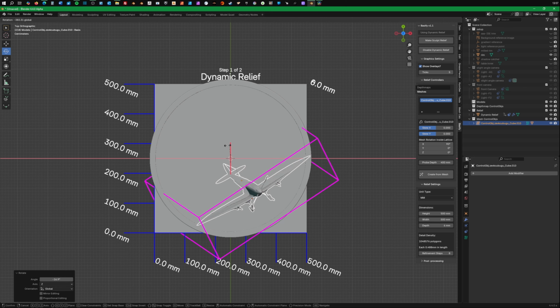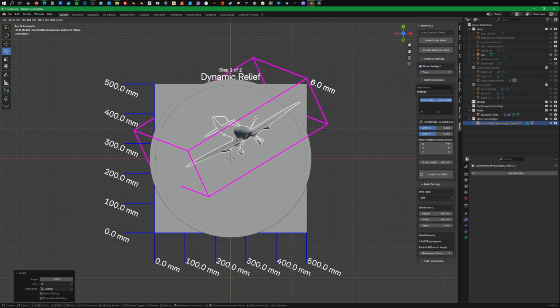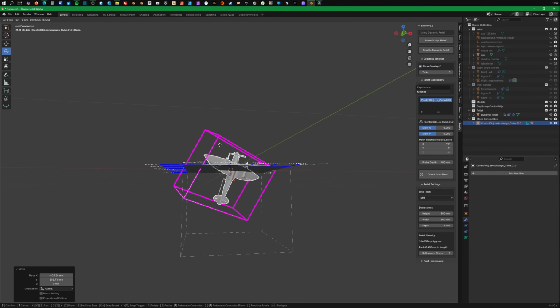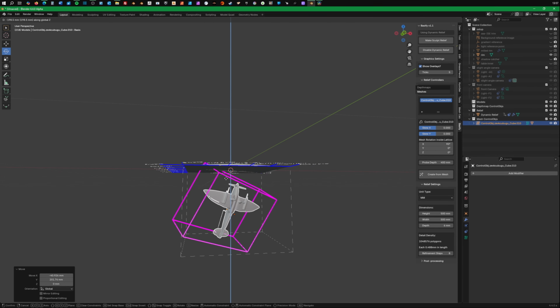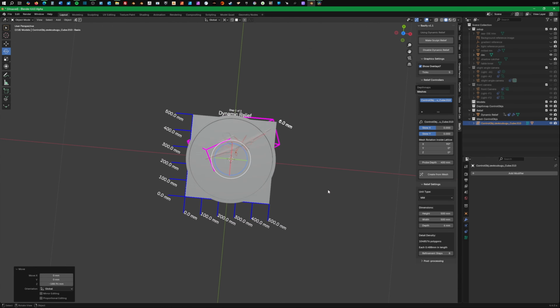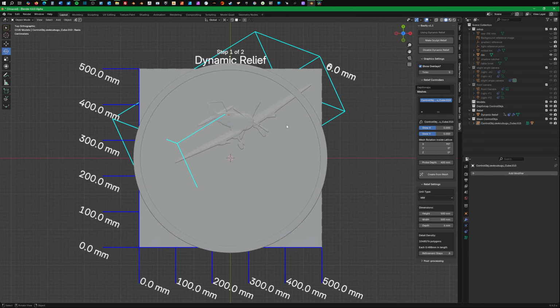Let's turn that, give it a bit of an oblique angle. As you can see, it's clipping through, but that's okay, because what we're going to do is grab Z and we'll bang it down. Now you can see it's sitting within this probe depth, and what has happened is that Basify has created a relief